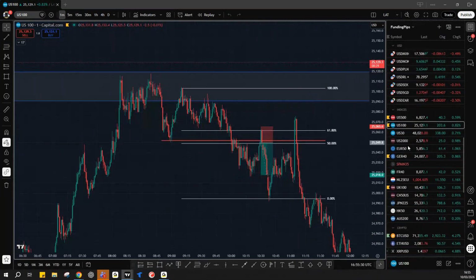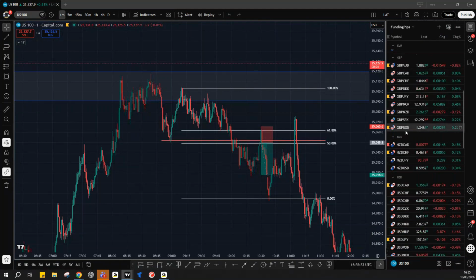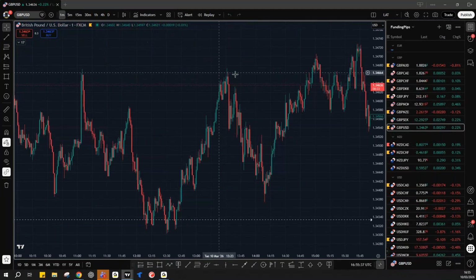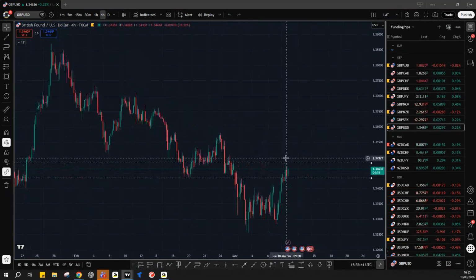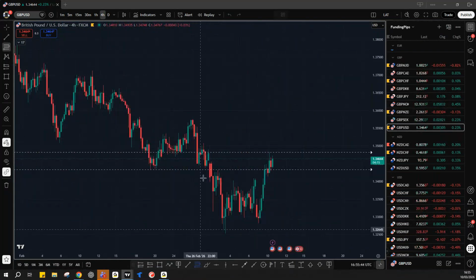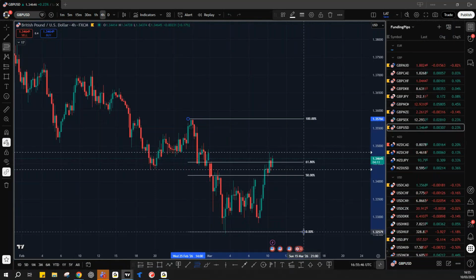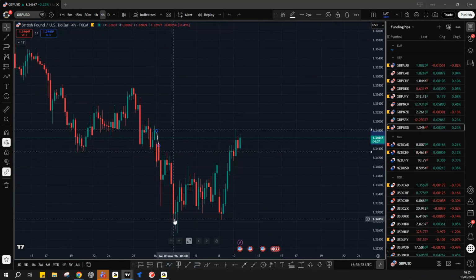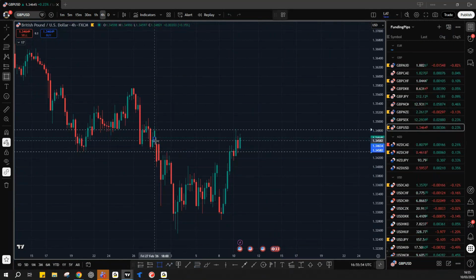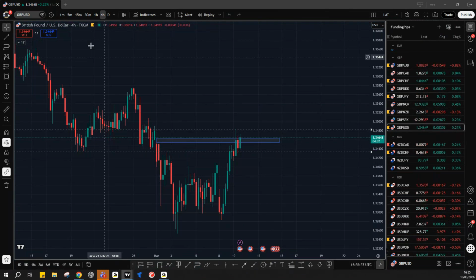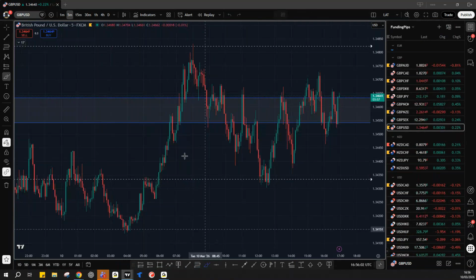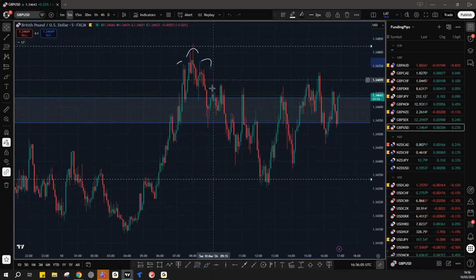I did take a break even actually on cable, or maybe a very small loss on cable, which was annoying. A bit of a 4-hour downtrend here. Not the nicest fib retracement. We did come into a bit of a fib zone here. We also had the gap from the previous week open, which is just being filled now. So I was looking at this level, took the initial kind of head and shoulders breakout. I entered on the retest back on the neckline.